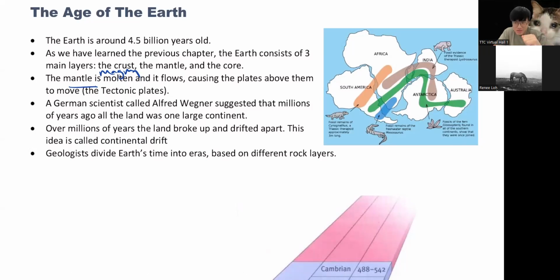How old is the fossil? They just look at how old the Earth is, because you see layer by layer, first layer, second layer. Like I said, the most bottom layer is the oldest layer. They just need to know how old the oldest layer is, so they can roughly know how old Earth is.